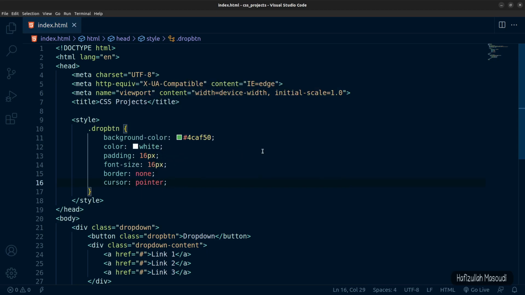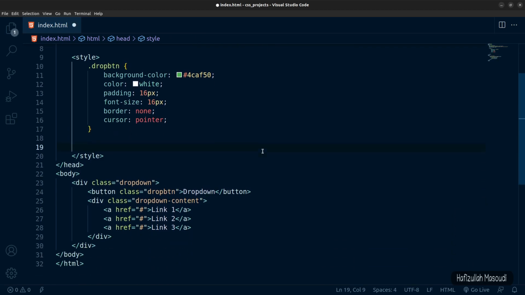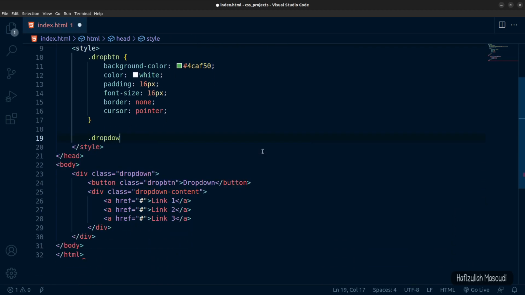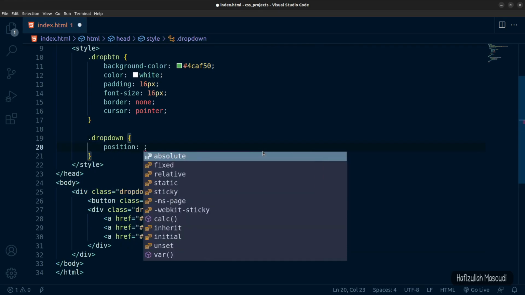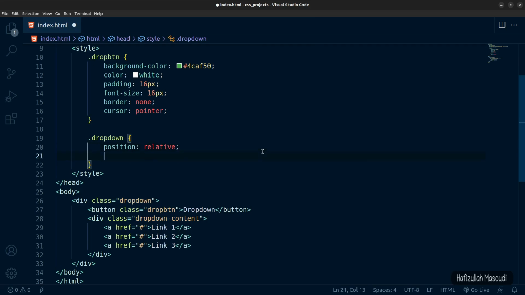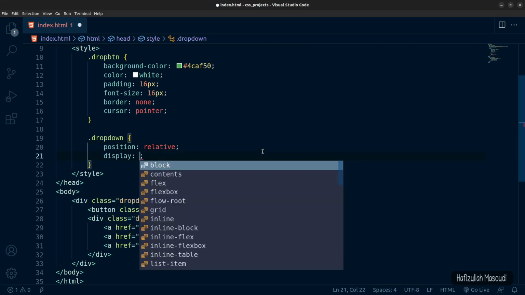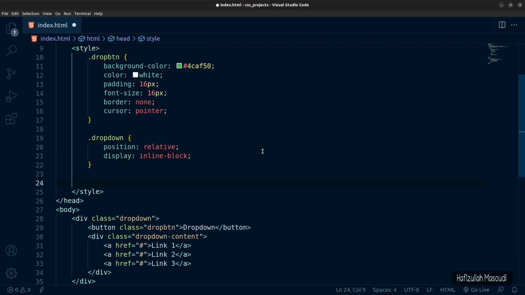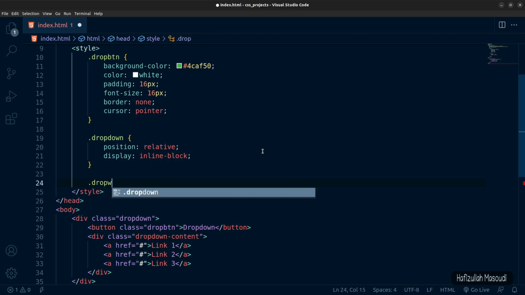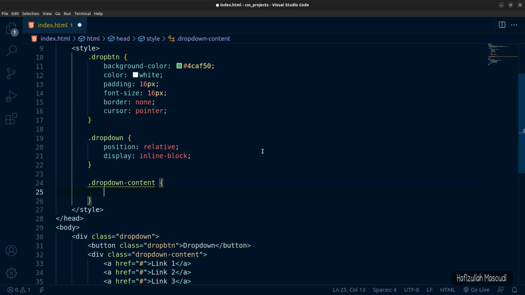Now this being done, after this let's target the dropdown itself. So let's press enter here, and let's say .dropdown curly braces, and the position will be the same as before, relative, and for display let's say inline-block. And after this let's target the content, so .dropdown-content and then curly braces, and for this one we